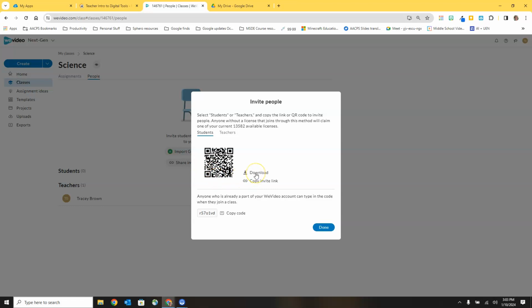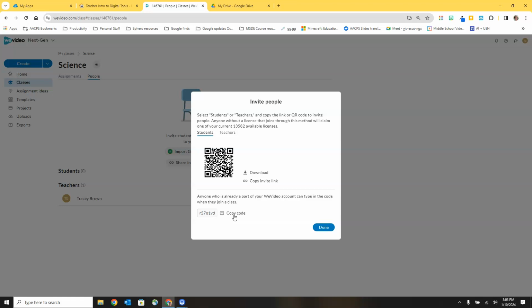I can even download the QR code if I want to be able to upload that as an image file and make it available to my students in their Brightspace course. I have the ability to copy an invite link that I could then paste for students into my Brightspace course. When they click the link, it would give them the option to enroll in my class. And finally, I have a code here. So we have what appears to be a 7-digit code that I could also copy and post for students in my Brightspace class. So 3 options for how your students can get enrolled in your class, but all of them